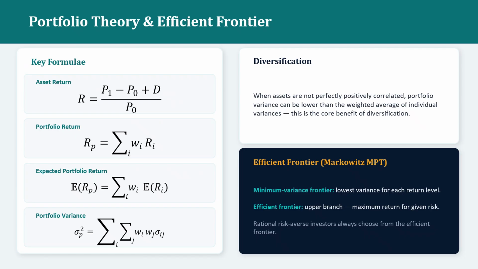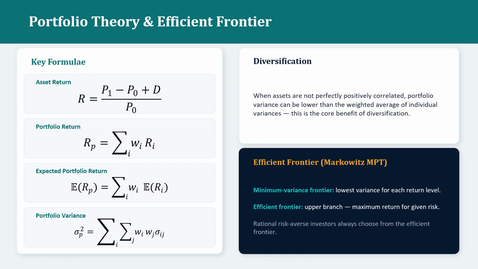Now we will see what is portfolio theory and what is the efficient frontier. These are about how investors can manage risk and return by combining different assets. In reality, most investors do not put all their money in a single share or a single bond. They hold a portfolio, that is a collection of assets. The key idea is that the behavior of the portfolio depends not only on the individual assets but also on how